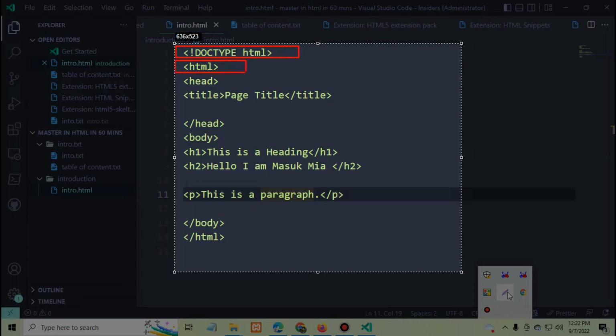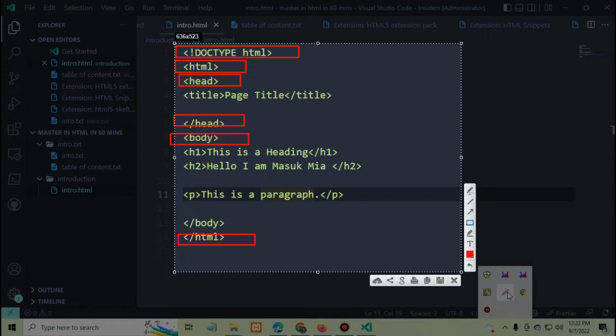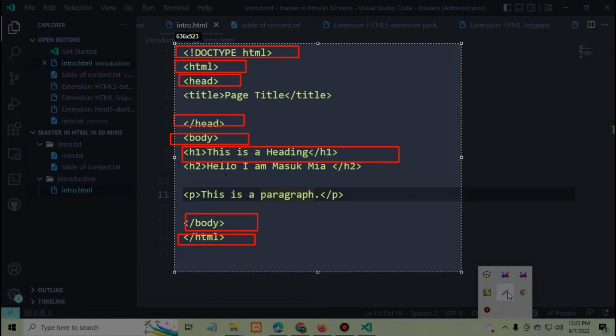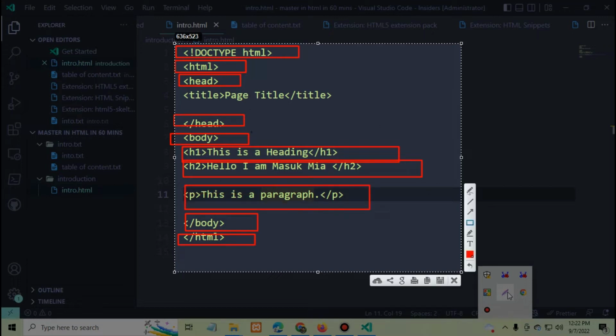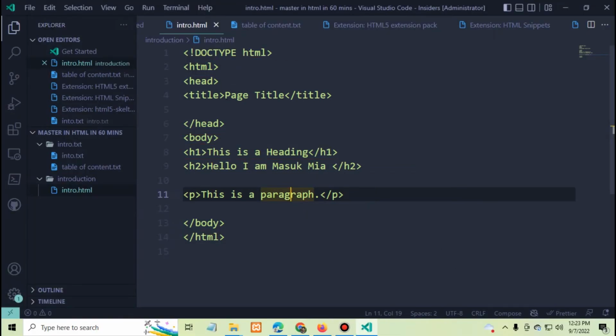This is our head, and this is the end of head. This is the body starting tag and the body ending tag. This is the heading h1 tag, this is the heading h2 tag, and this is the paragraph tag. So this is a lot of things you will learn in this lecture. Okay guys,